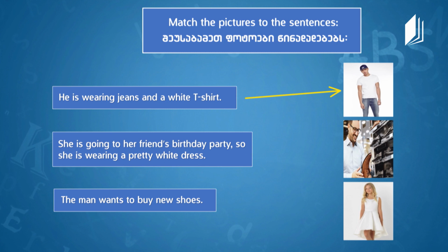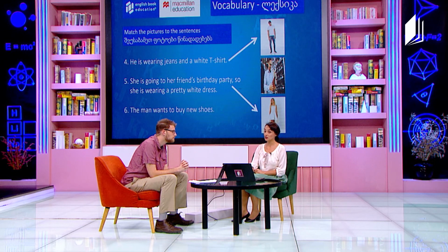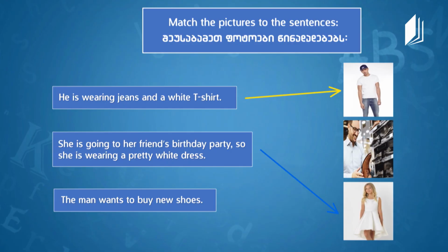And the next one, she's going to her friend's birthday party. So she's wearing a pretty white dress. Oh, that should be the bottom picture. Yes, you are right. And the man wants to buy new shoes. Can you guess it? I hope that this is the...